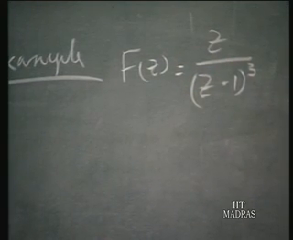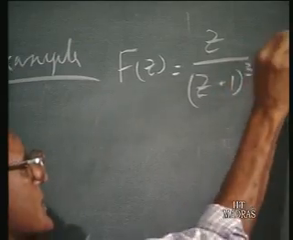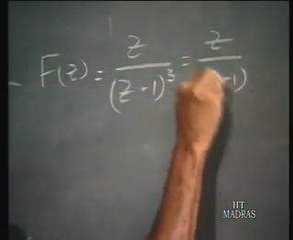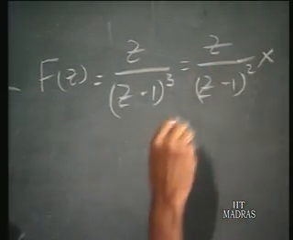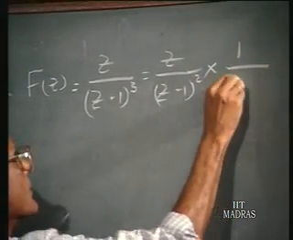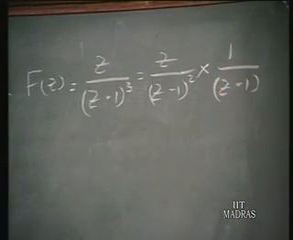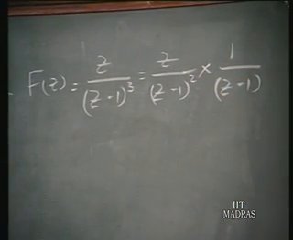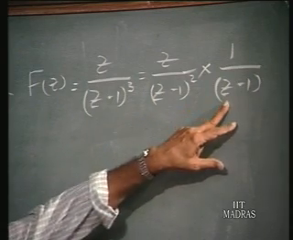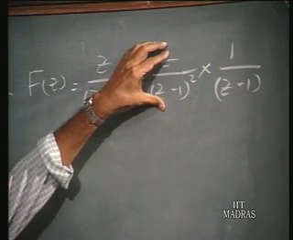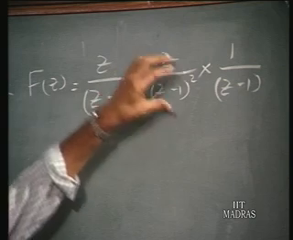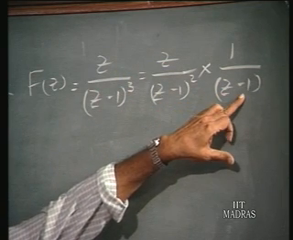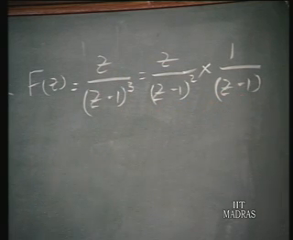Now we will view this as the product of z upon (z minus 1) whole squared and 1 upon (z minus 1). So F of z is the product of two functions. We know the inverse Z transform of this, that is r of n. The inverse Z transform of this is u of n minus 1. Therefore, f of n is